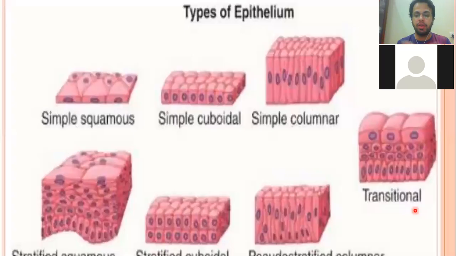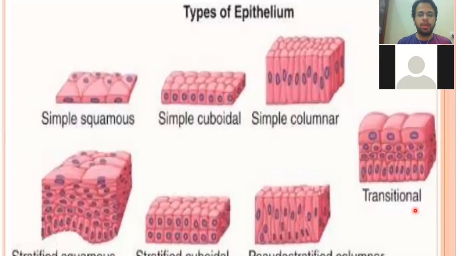When the bladder is empty, the cells of the epithelium are larger, and when the bladder is filled with urine, it stretches and the cells become smaller. That kind of epithelium is known as the transitional epithelium, the epithelium which changes shape.